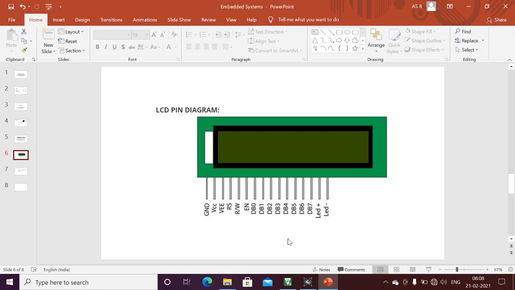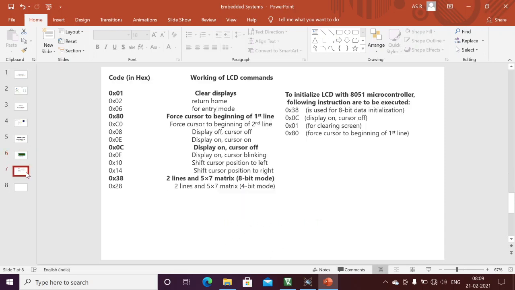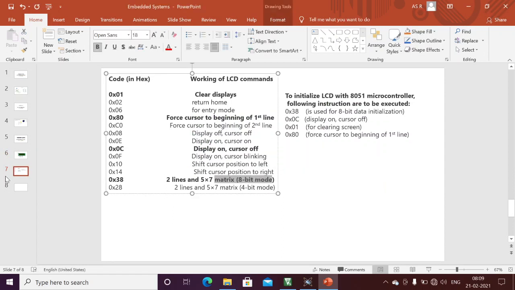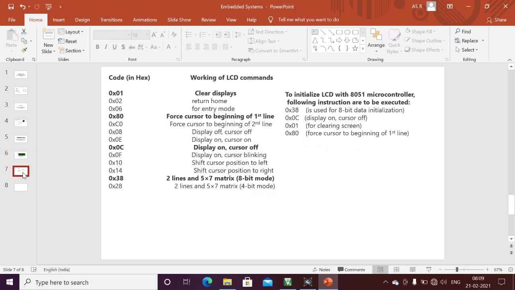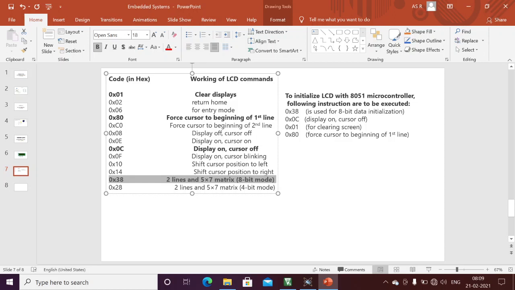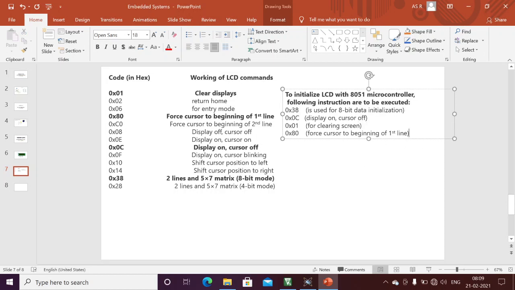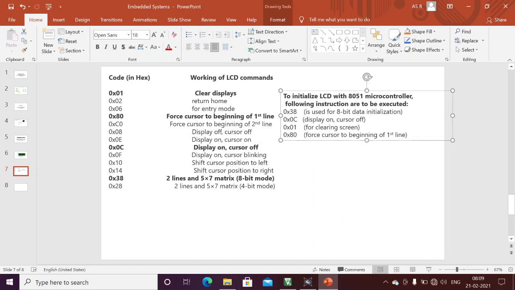I only need to connect these 4 bits to the microcontroller, plus RS and enable. These 6 pins are enough in case of 4-bit mode. In case of 8-bit mode, we need to connect all the 8 data lines plus the RS plus the enable pin. These many pins we need to connect to the microcontroller in case of 8-bit. Today we are mainly going to use 0x38, the 8-bit mode, and how to write the command and also how to write the data, that we are going to discuss in coding step by step. And here we'll discuss how to initialize the LCD and what initial commands are required.